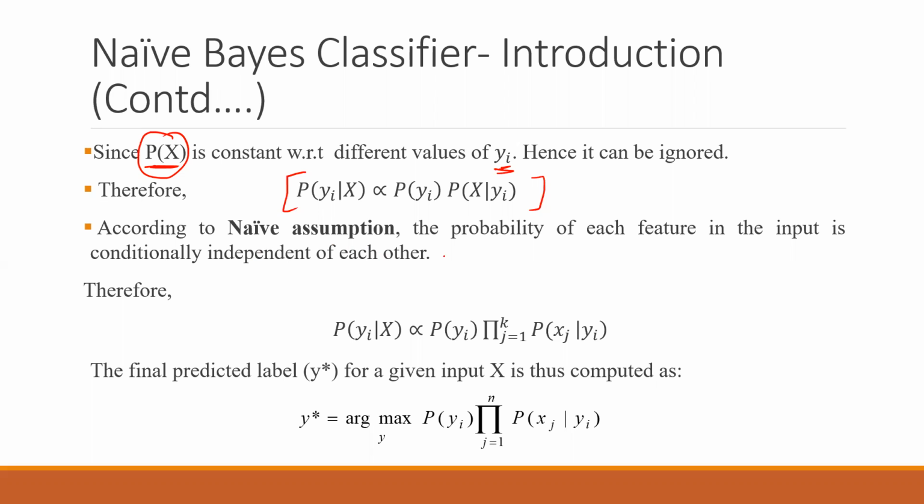According to the naive assumption, each feature in the input is conditionally independent of the others. This is an assumption, and it is very important to remember. This is not true in real-world datasets, but still this naive Bayes classifier helps us when we know that my input features are independent of each other. So let's say that you are implementing the naive Bayes classifier after the PCA transformation has been done.